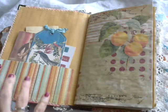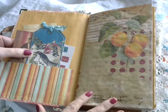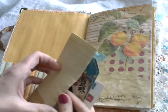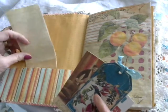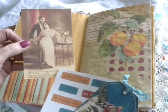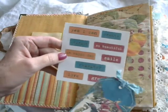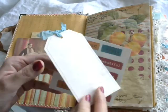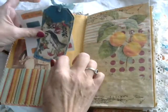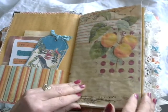First of all, inside we've got a pocket. This is made with some scrapbooking paper, which I thought coordinated really well colour-wise with the kit. And in that pocket we've got some lined paper. Everything in here has been tea stained, so you will see that as we go through. We've got another one of the postcard images, some of the words that come with the collection, and one of the tags, which has been machine stitched round and has some tea stain paper on the back. So that's within the first pocket, and the first page is some of the paper from the collection,